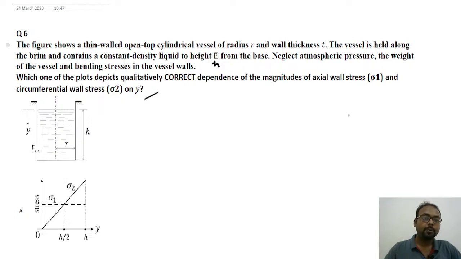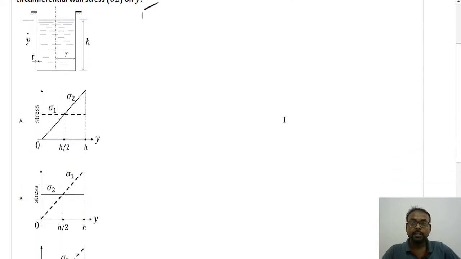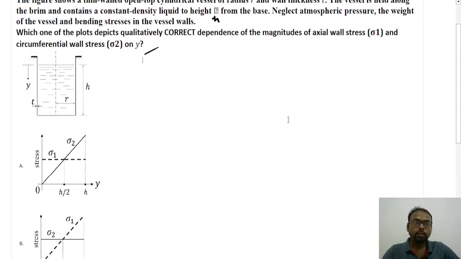So you see here we have one thin walled open top cylindrical vessel of radius r and wall thickness L. The vessel is held along the brim and contains a constant density liquid to a height h from the base. Neglect the atmospheric pressure, weight of the vessel, and bending stress in the vessel wall. Which one of the plots depicts the qualitatively correct dependence of the magnitude of wall stress sigma 1? So we have to find out the sigma 1 and sigma 2 values on y. Basically, how this value depends upon y is what we need. So if we try to get the